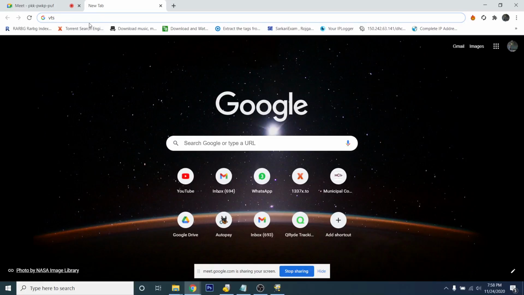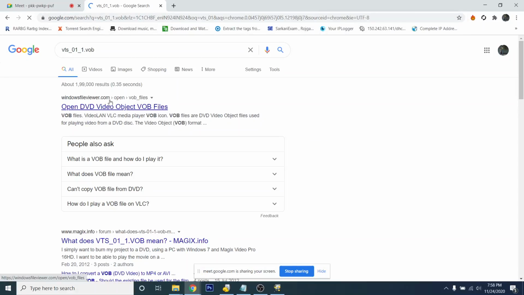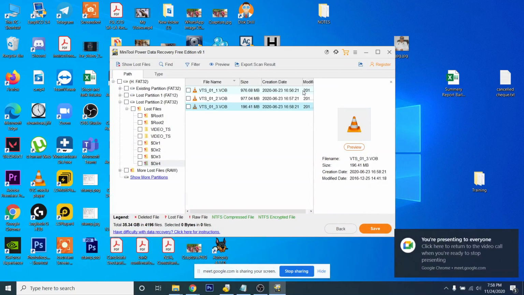I think it will not show because it's just a name. Okay, see, I just pasted the name and it is showing open DVD video VOB files. So this is how you can get the example, and you can know what type of files are present, how to recover those files and how to make that data usable.